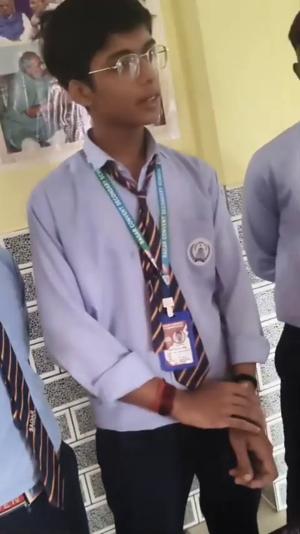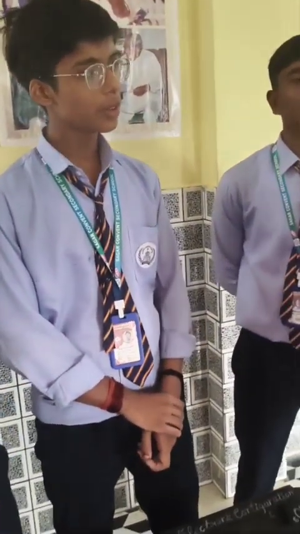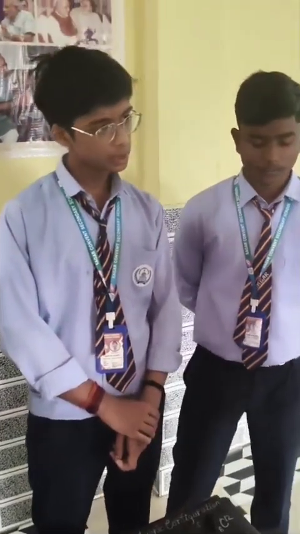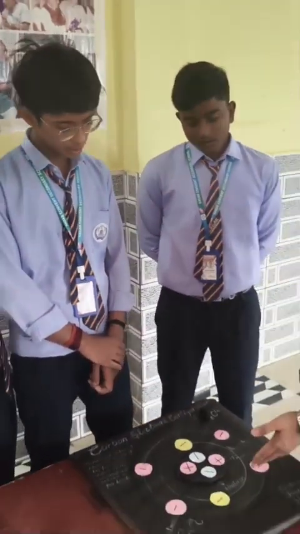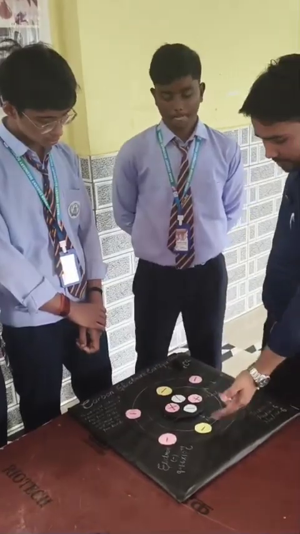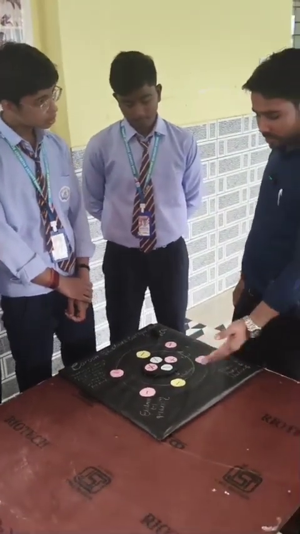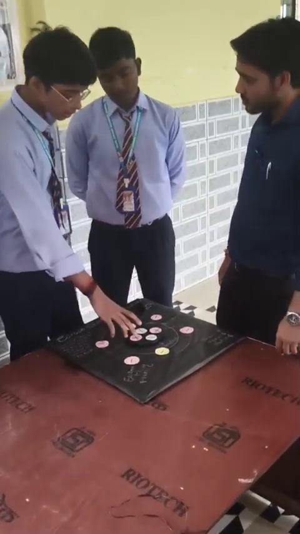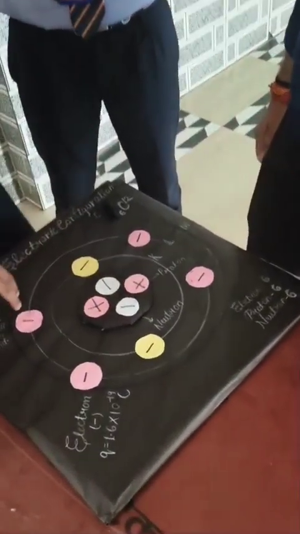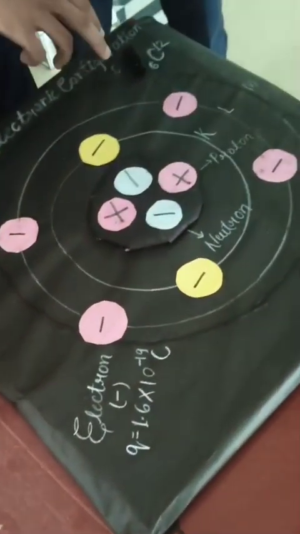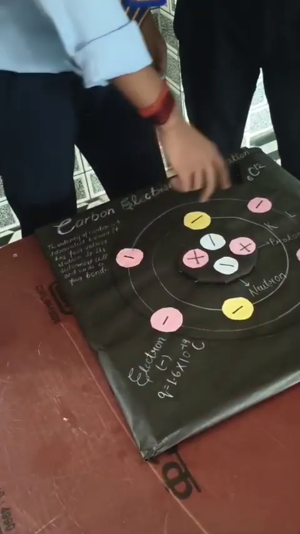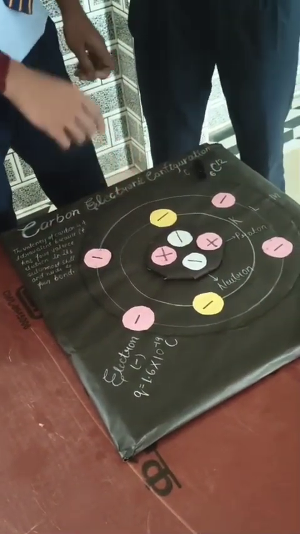Sir, in carbon there is an equal number of electrons and protons, whereas the number of neutrons is 6. So you are presenting the number of electrons. In the orbitals, how many electrons are distributed? Sir, in the K shell there are 2 electrons, and in the L shell there are 4 electrons, because its atomic number is 6, so K has 2 and the outermost L shell has 4. Good.